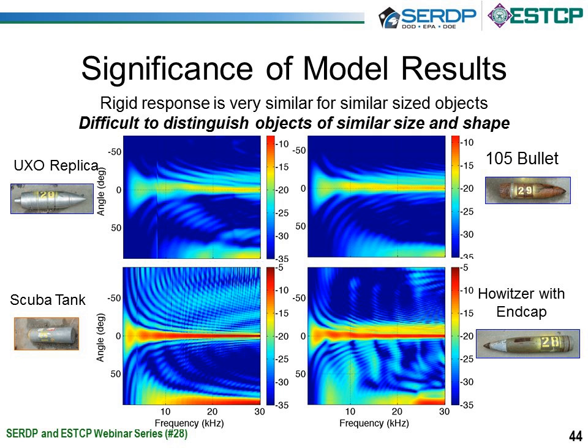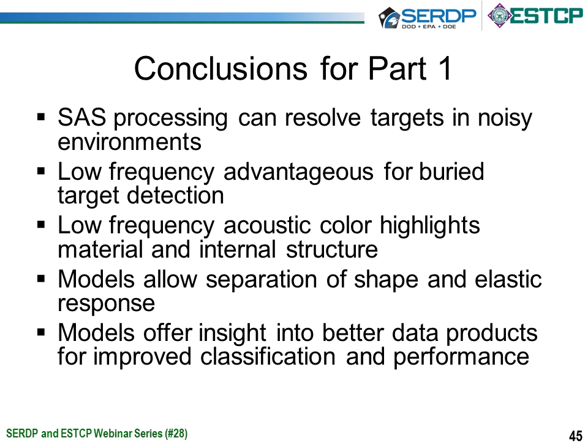And one of the ways that we're going to be doing this in practice, and Aubrey will talk about this more, is that the rigid response tends to occur early in time. But the elastic response, because you're exciting modes, tends to trail behind the target. So if you do an early time, late time separation and then look at the spectral responses for each of these, that actually separates these two physical components of the scattering response, and you can feed both of those as data products into the classifier and actually improve results in many cases. So that's a little teaser for Aubrey's talk, which is coming up next.